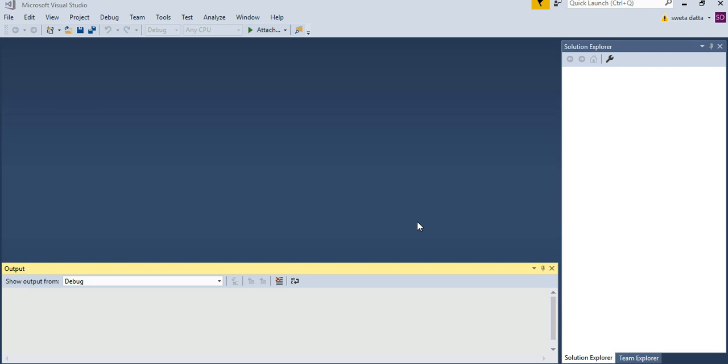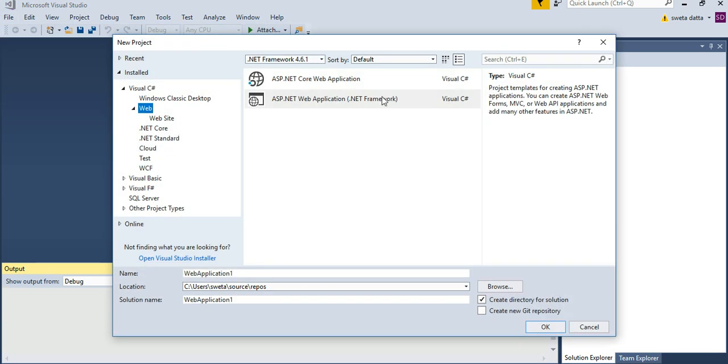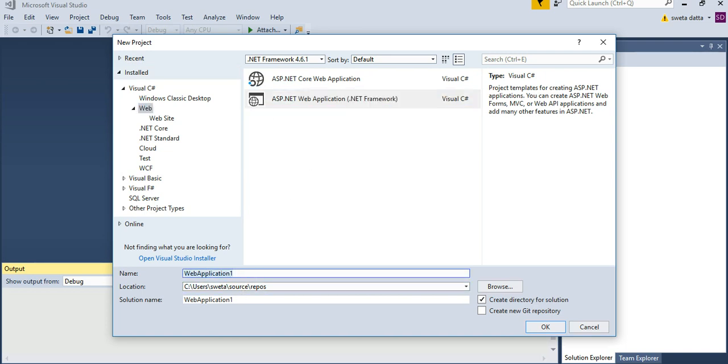Okay, let's look at how we can provide some authentication for a user. To dumb it down, that would mean we want to give a login page for a user. So let's just start a new application, a very simple application. We will say it's a web application, ASP.NET, and let's call it as